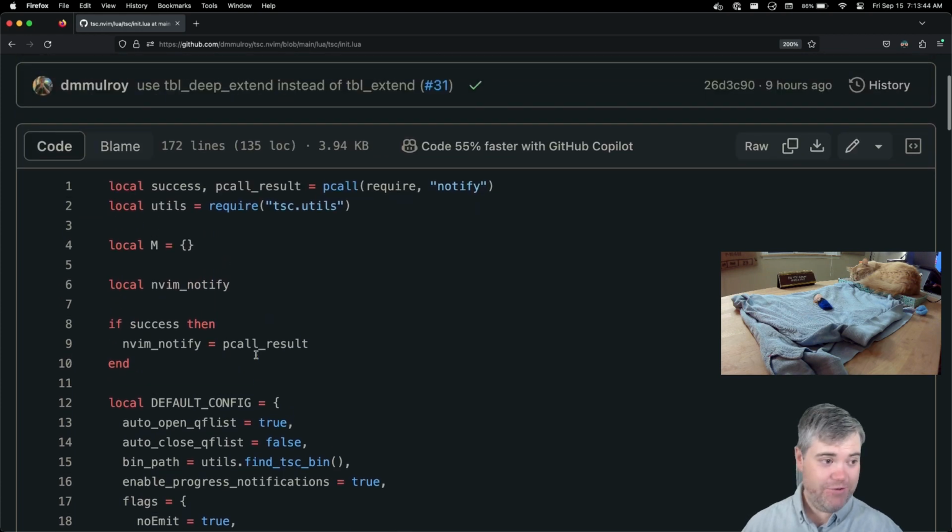If you're not familiar with Lua, it's an interesting scripting language. It doesn't have semicolons. The only data structure that it has is what's called a table, which is a weird combination of an object and an array.